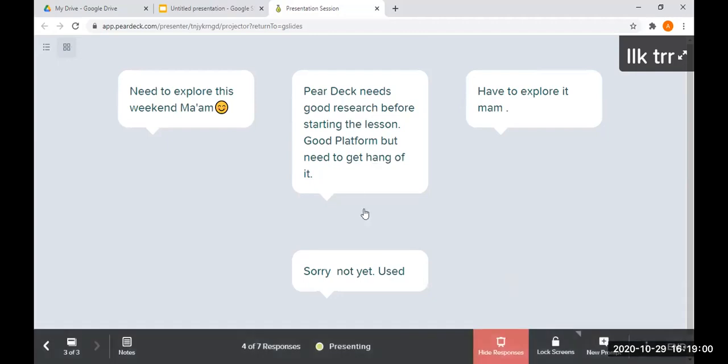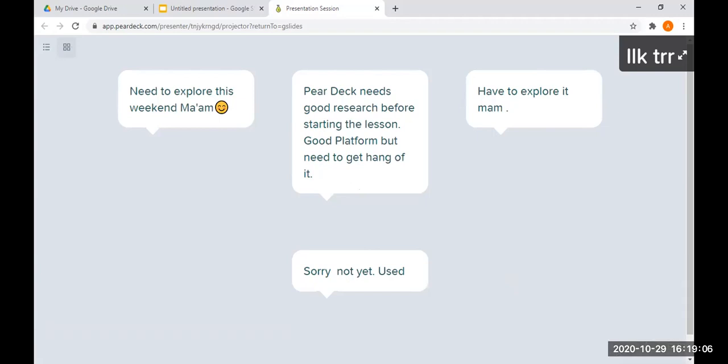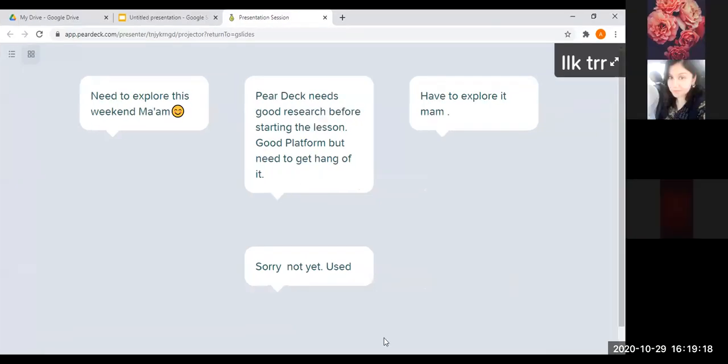To make it easier for you, I'll be demonstrating two more usages of Pear Deck, along with how to set up the account, right? I have just shown you how to start from scratch. When you don't have the PPT ready, you can use the Pear Deck template and make your PPT then and there only, right? So